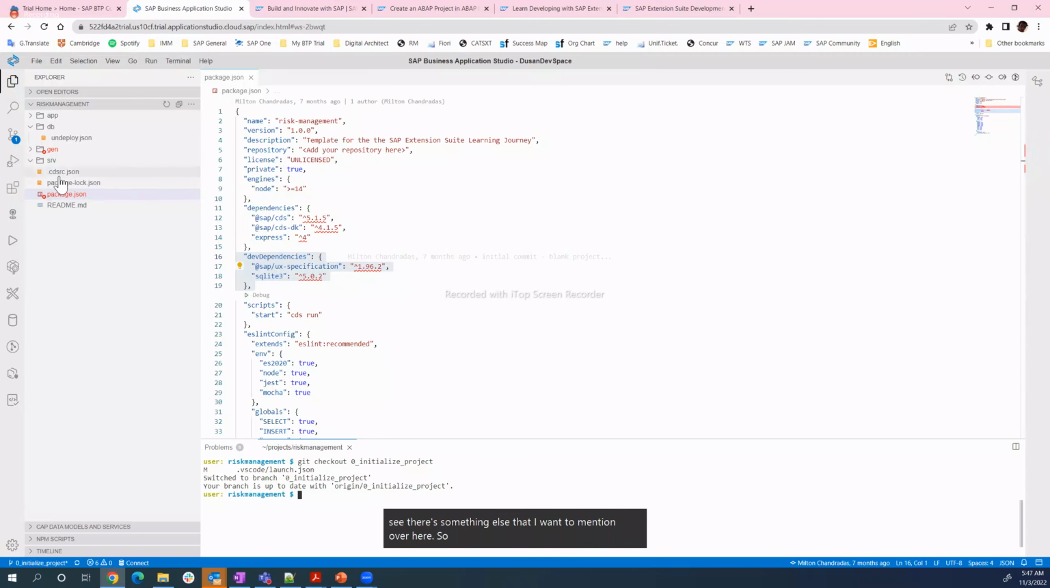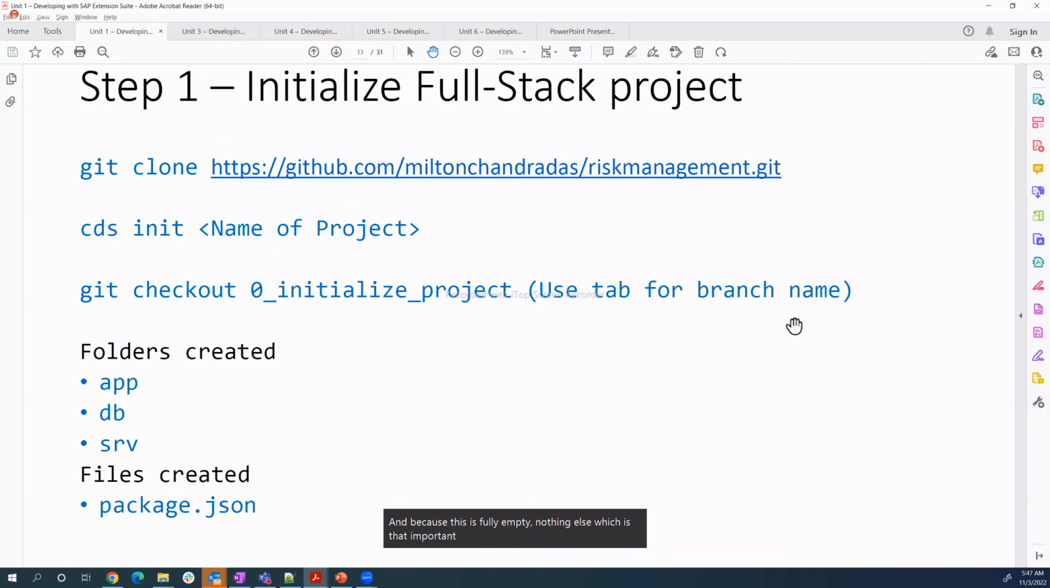So this specific one, which is the CDS RC JSON, this is where you can add some configuration which is specific for this project that can override some properties. And because this is fully empty, nothing else which is that important to mention. We're going to go slide by slide and try to explain all the things that we run into, because it's going to be a lot of